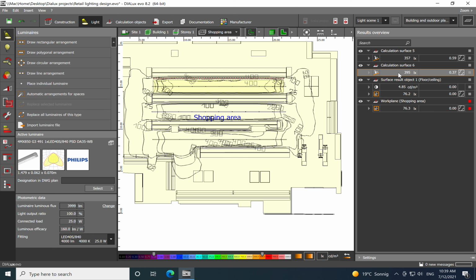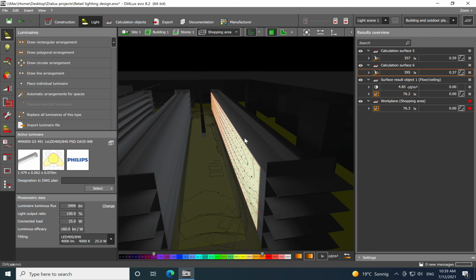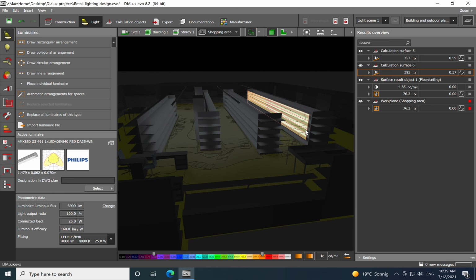So now when we have more light in the space, you see that it's already increasing, so we go to 400, which is our target. Because we have more light in the room, it helps overall to have a better